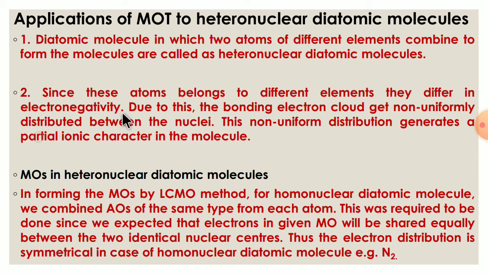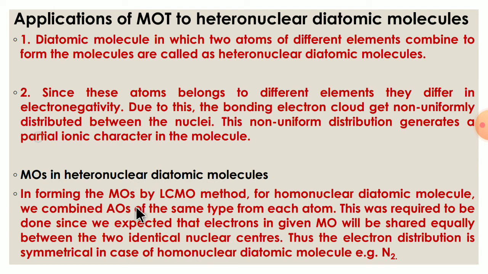Electronegativity is the concept of an atom pulling the electron towards itself and becoming dense in electrons. Therefore, the electronegative element starts to attract the electron from the other atom and becomes rich. The electronegativity concept is applicable to the formation of molecular orbitals. The molecular orbitals in heteronuclear diatomic molecules.